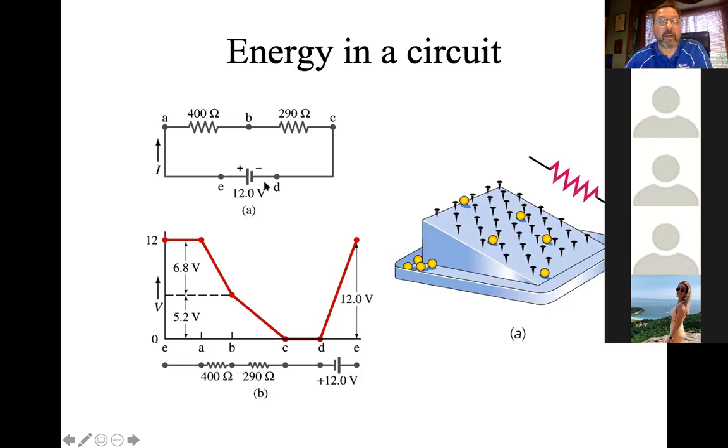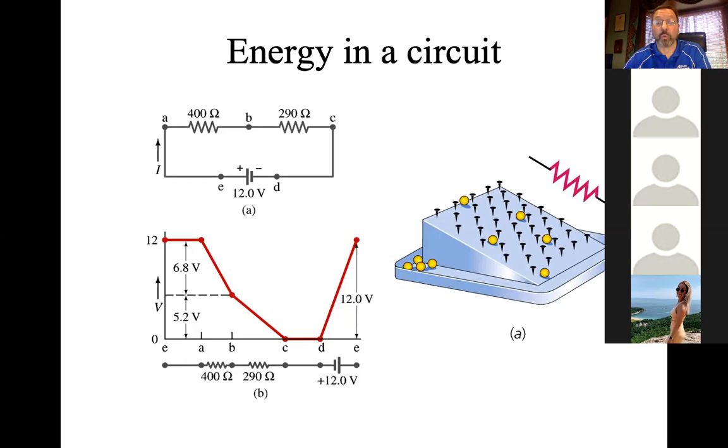There's the positive side of the battery, and you can see the current drawn as going around. If you start at point A on the positive side of a 12-volt battery, it's reasonable to say that at point A your potential is 12 volts. Then right here, where the voltage starts going down, is where you're going across the resistor over to point B. We'll be able to show this with a calculation later. But if current is going to go from A to B, the potential at A has to be higher than the potential at B, since positive charge will move from higher potential to lower potential. It turns out it's about 6.8 volts if you figure it out for this circuit.